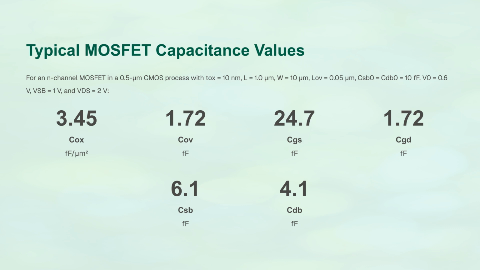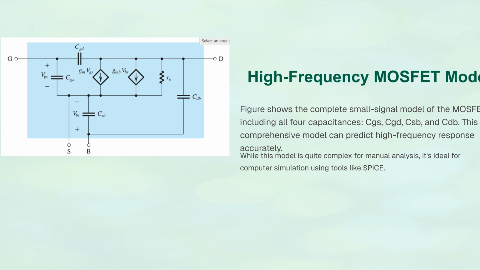These are typical MOSFET capacitance values for a 0.5 micrometer CMOS process operating under specific bias conditions. Note the relatively large CGS compared to the small CGD and the body capacitances. This figure shows the complete small-signal model of the MOSFET, including all four capacitances: CGS, CGD, CSB, and CDB. While too complex for easy manual analysis, this comprehensive model is essential for accurate high-frequency computer simulations using tools like